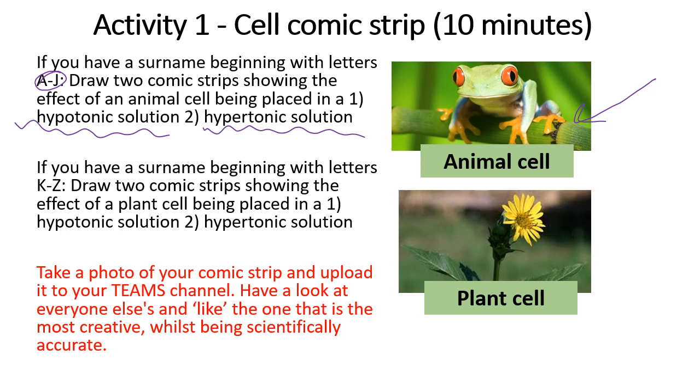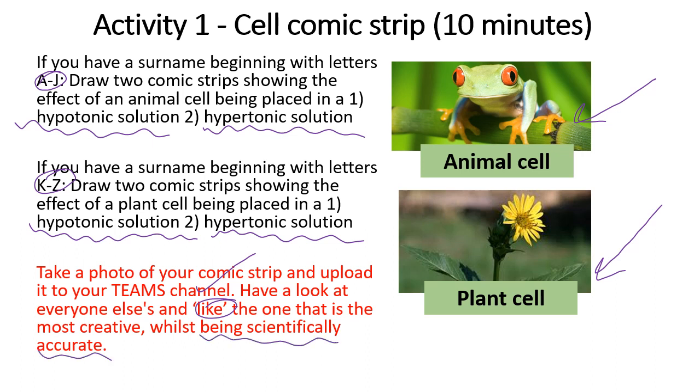If you've got a surname starting with letters K to Z, I'd like you to draw a comic strip of a plant cell being placed first in a hypotonic solution, and then another comic strip of it being placed in a hypertonic solution. Once you've done this, I'd like you to take a photo of your comic strips and upload them to your team's channel. Have a look at everyone's on there and like which one you think is the most creative, but also scientifically accurate. Okay, so do get creative with this,